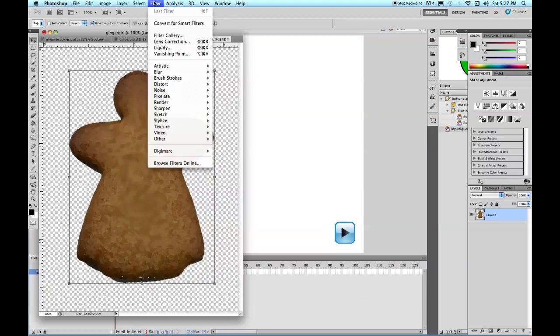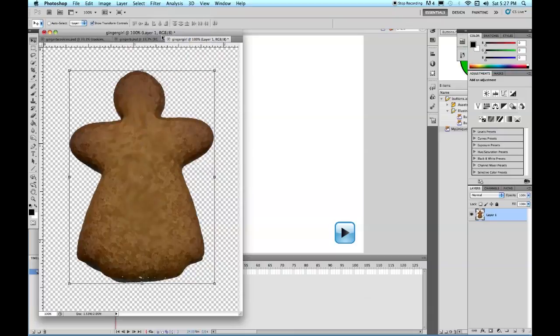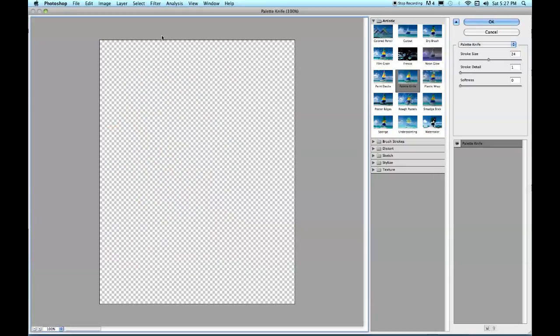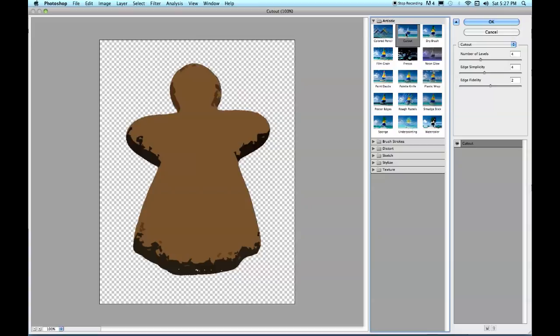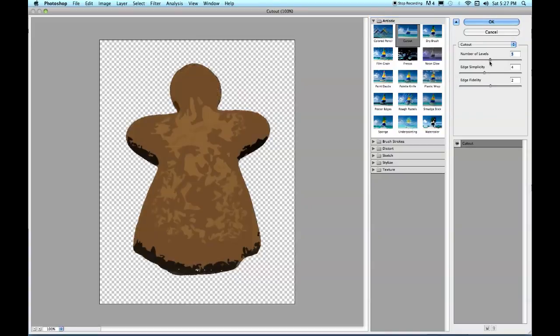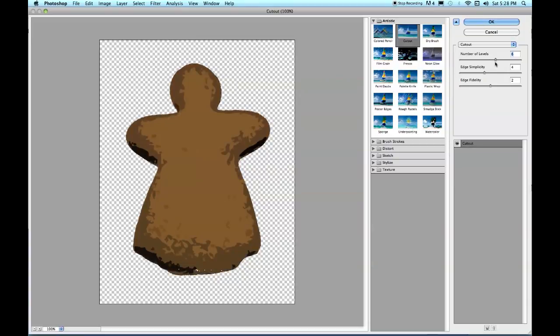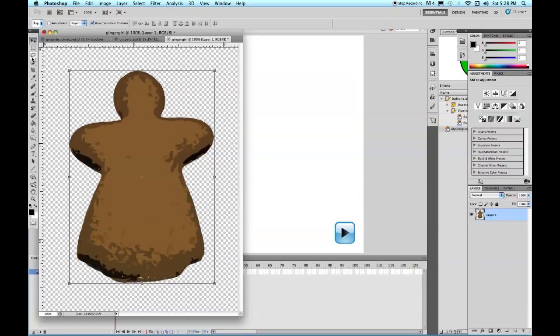Now, filter, no, filter gallery. Let's go to filter gallery, it's easy to figure here. I always like cutout because it cuts down to the least number of colors. I'm going to add a couple more colors, it'll give it a little bit more texture. There we go. Very nice. Okay, so here we've got an edge simplicity of 4, edge fidelity of 2, but a number of levels of 6. Okay, so I like that,